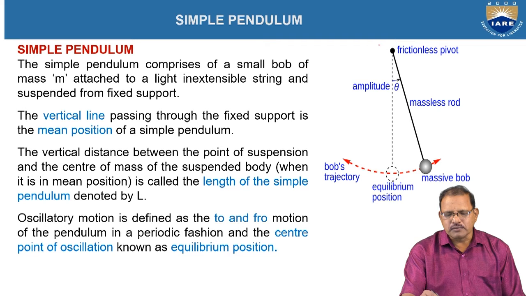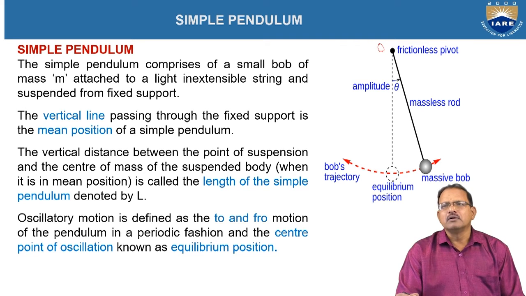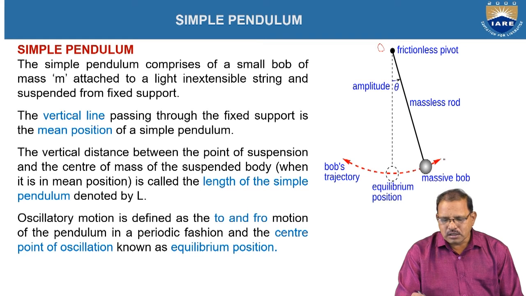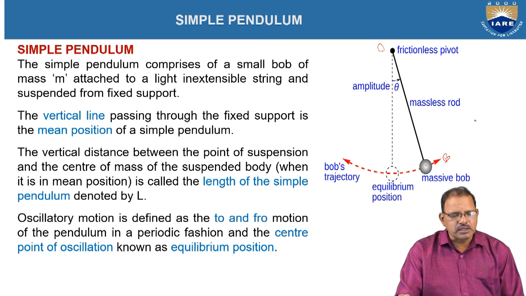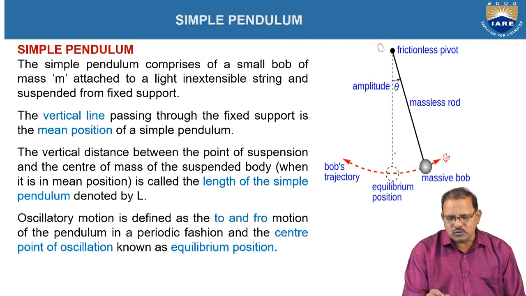Here O is representing the fixed point and the bob is attached to the free end at B position, and OC is representing the inextensible string as shown in the figure now. The vertical line, when it is in equilibrium position, the vertical line which is passing through points O and B dash position now,